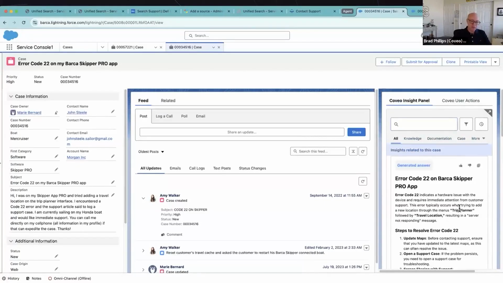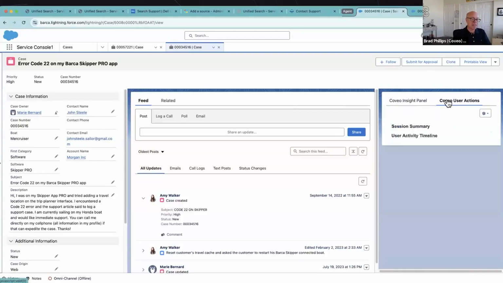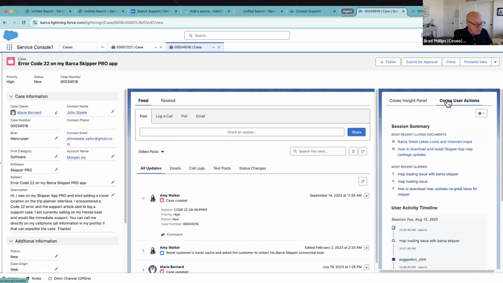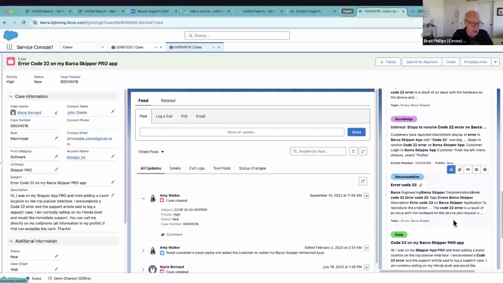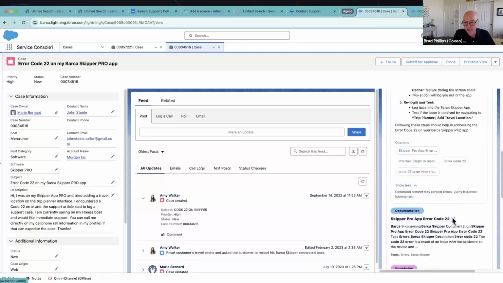Now, I kind of went through solving a case because it just happened quickly, but agents would typically start here, and that's in Coveo user actions. We've monitored everything that, in this case, John Steele did on the self-service site before he submitted this case, and we're surfacing that to the agent as well. It paints a bigger picture. Maybe by the time John logged his case, he wasn't very descriptive. He was tired. I can see other queries he's performed, other documents he's accessed. In fact, even those documents that he's already accessed, it'll show before I share those, hey, John's already viewed this, so I may not want to share those items with him.